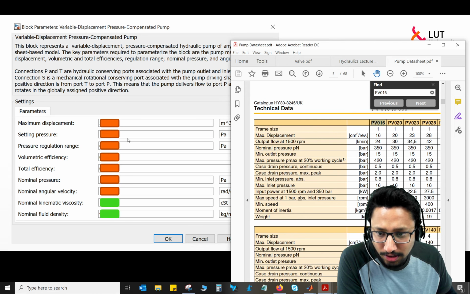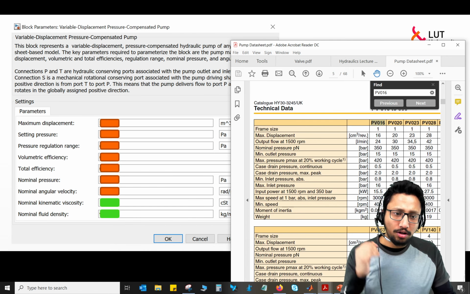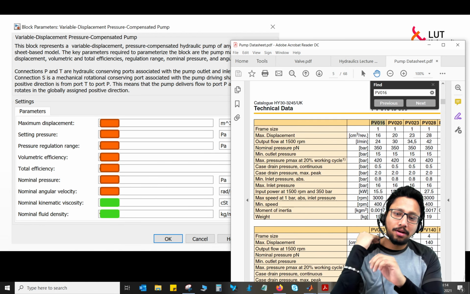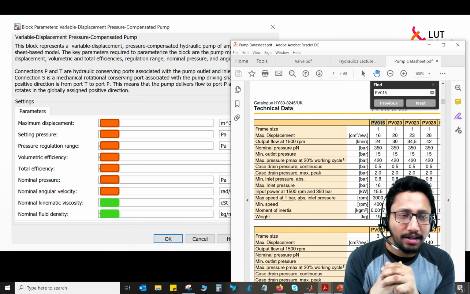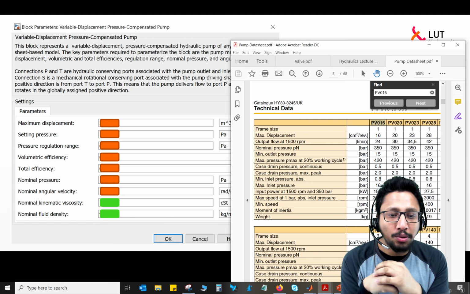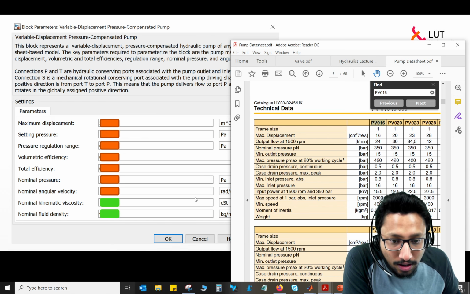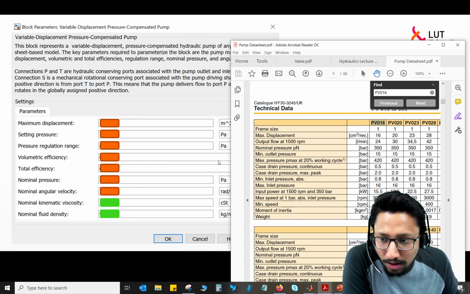Then the setting pressure, I already told you, I think it's student specific. Normally the factory setting is 50 bar, but for your case we might take it as 150 bar or the student specific value. I would suggest you take the student specific value. Then the pressure regulation range: you have maximum pressure and minimum pressure, so you can calculate from that.